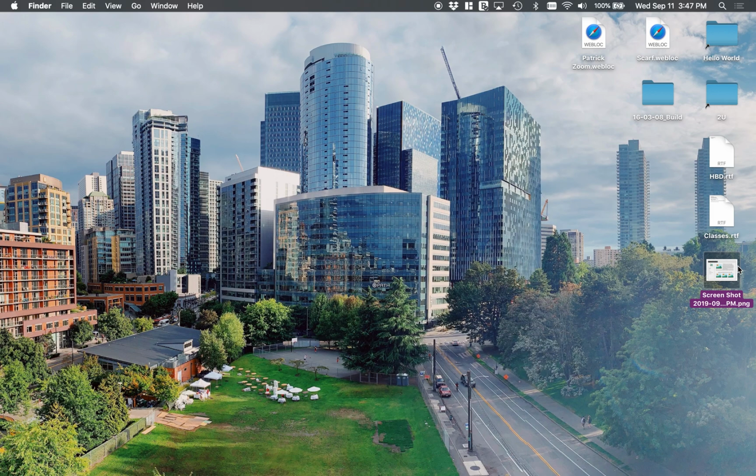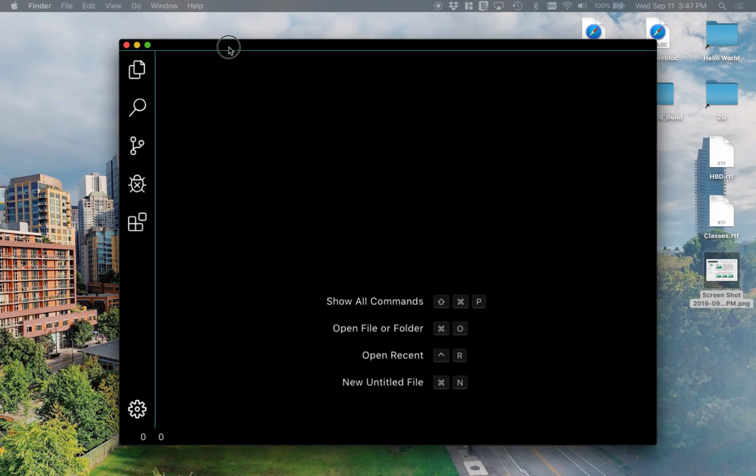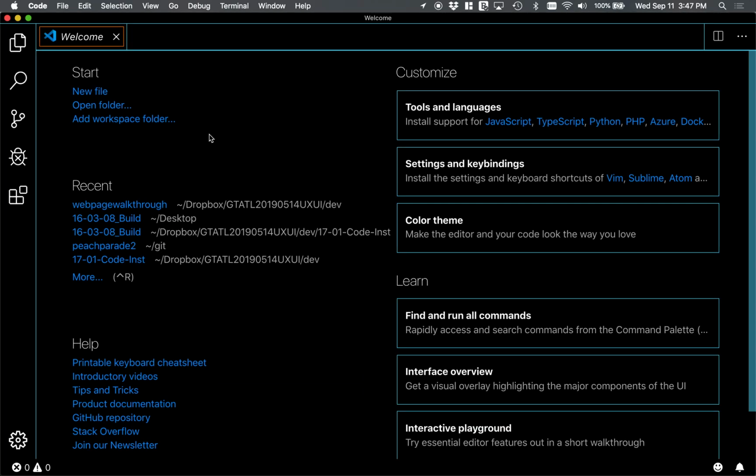So the first thing that I want to do is go ahead and actually create all of the files that I'm going to need. I usually like to do this by starting off in VS Code. And I like to open a folder in VS Code instead of opening individual files. That way, if I open a folder, I'll have the contents of that folder in that left-hand sidebar of VS Code,